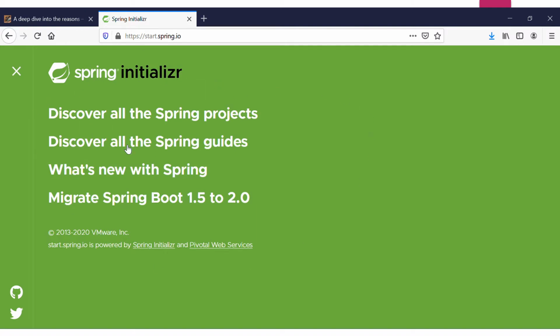You can click on these hyperlinks to get the details if you want to understand things. At the end, it's mentioned that start.spring.io is powered by Spring Initializer and Pivotal Web Services. For a basic understanding, Pivotal is the company that manages Spring Boot and Spring Initializer.